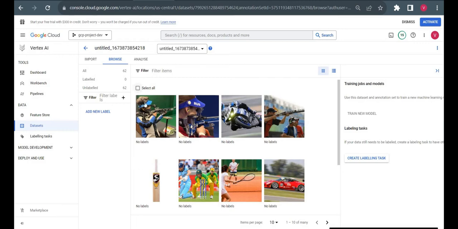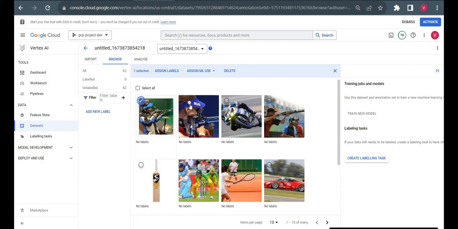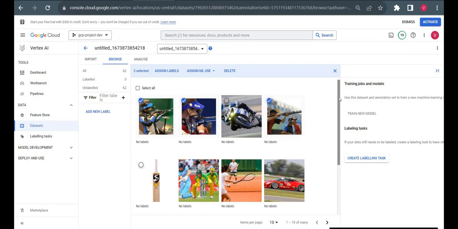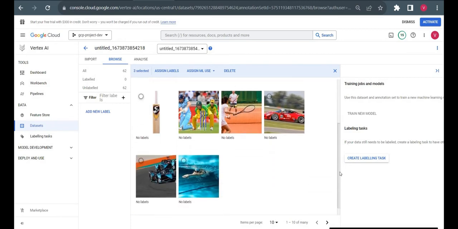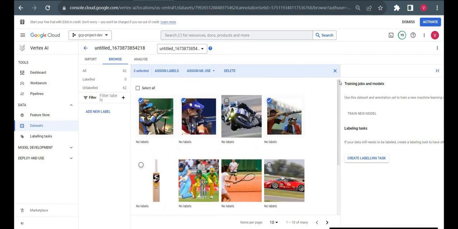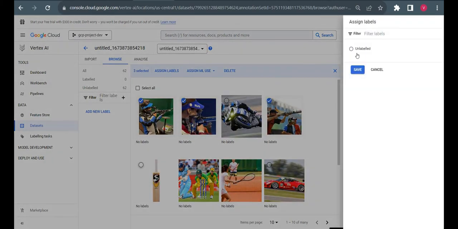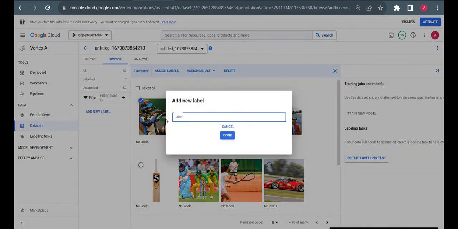So what I will do, I'll select shooting pics first. I'll select these shooting pics and I'll try to assign a label. Okay, I'll just assign label. Currently there are no labels, so I have to create a few labels. I'll create one label for shooting sport,